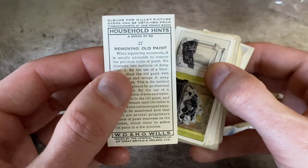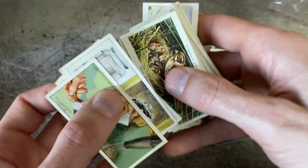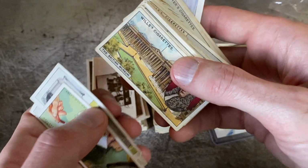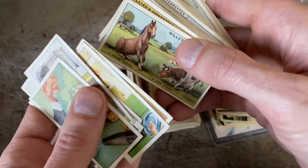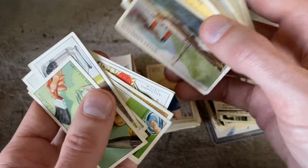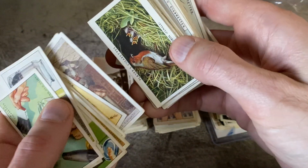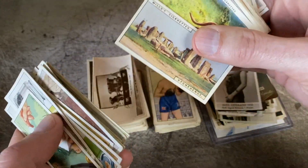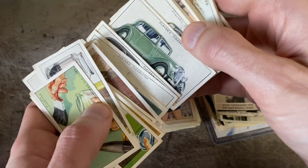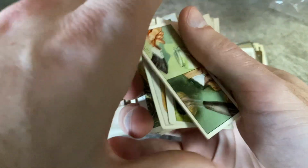These are the household hints. So this one's showing you how to remove old paint. Pretty interesting. And then, there's just animal pictures, various architecture, another one of the household hints, animals. We have warships. We have different scenes from history. Animals again, ships again. Different places. Vehicles. So all kinds of different stuff. None of this stuff's really valuable. I found it fun to go through and just look at